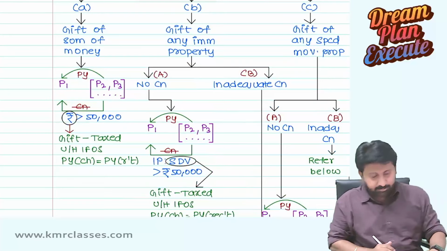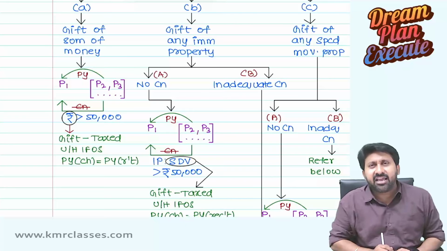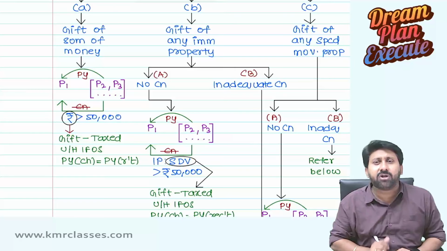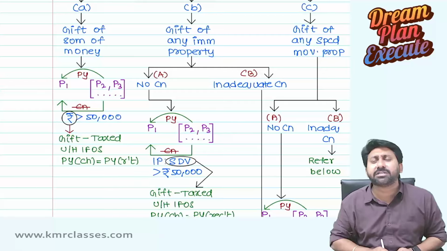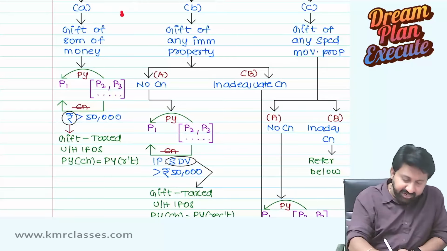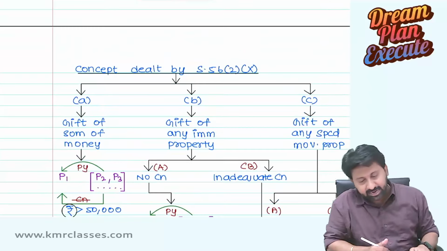Done. So if Mr. A receives from Mr. B, not being a relative, not on an occasion of marriage, not in contemplation of death, not from a trust or any other association, and not coming under any of the exemptions provided under the explanation below section 56, subsection 2, clause 10, then it is squarely attracted by the provisions of IFOS. He will be charged to tax under the head IFOS if it is a sum of money. Next,